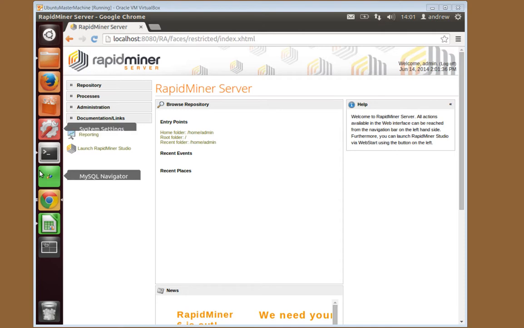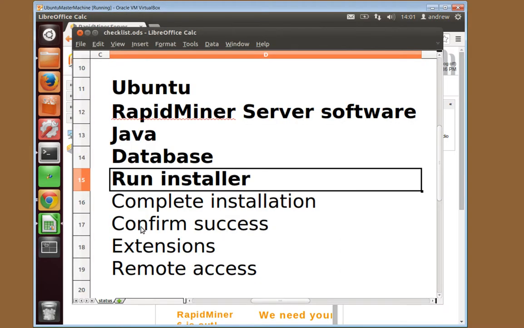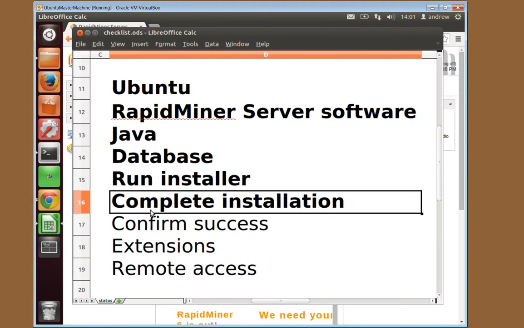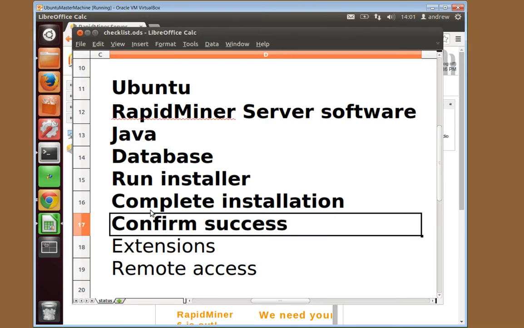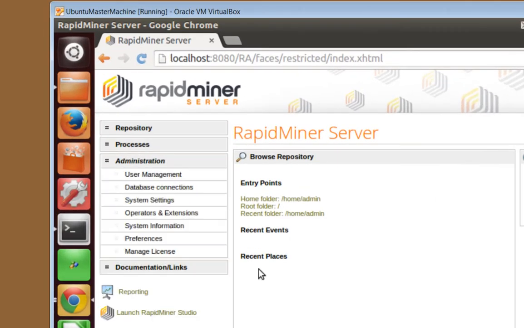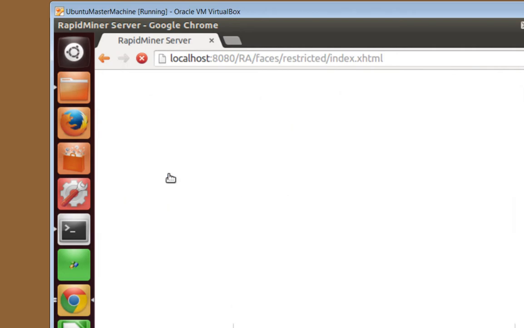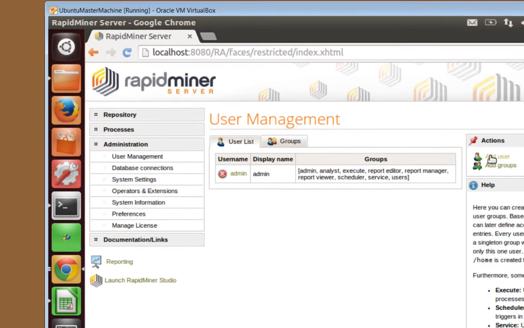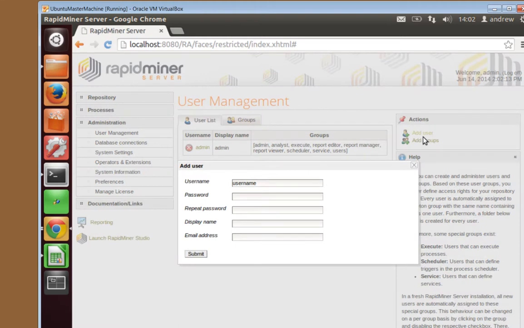Let's go back to the checklist to see what's left to do. So we completed the installation, and let's take the logging in as success. Now let's have a quick look at some of the things you can do. As you saw, administration basically lets you create users. So for example, as admin obviously, I could add a user. So let me do that, because I always like to add myself as a user. So I'm going to give myself